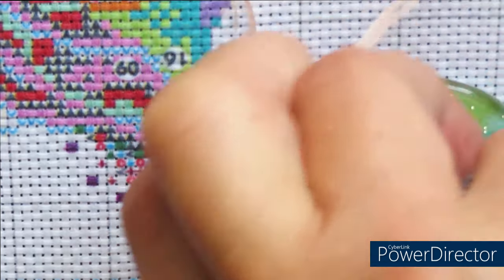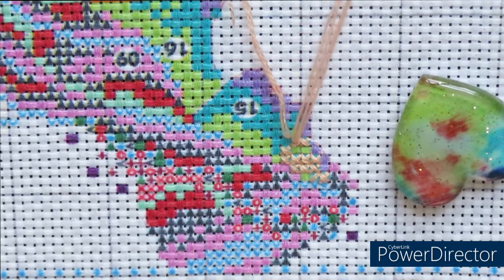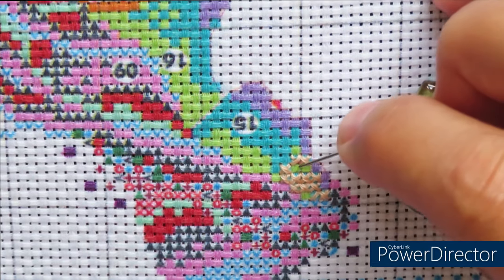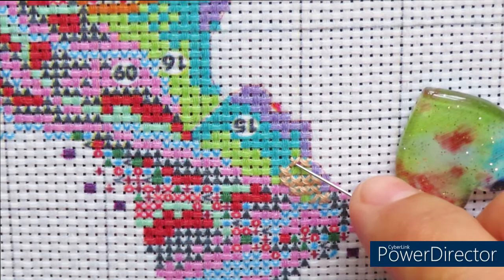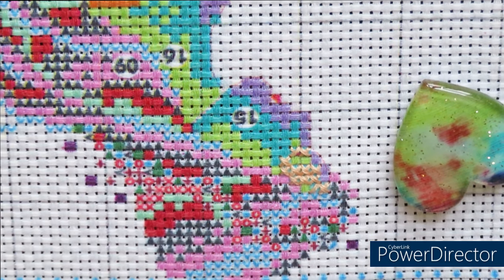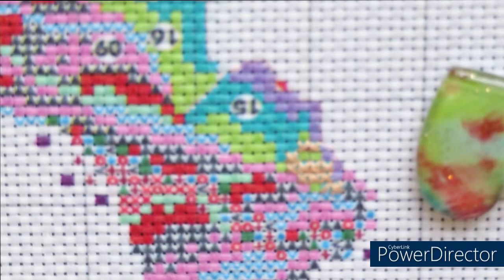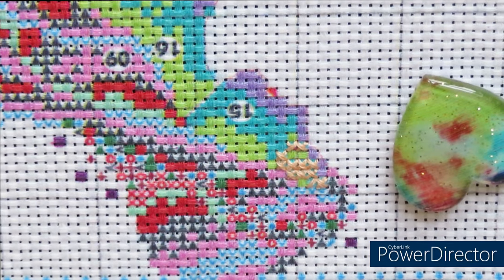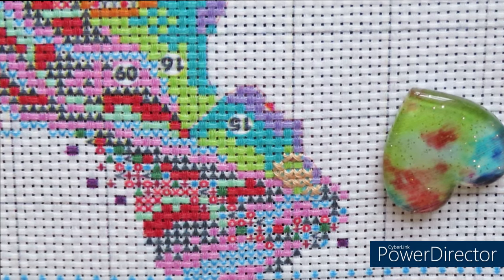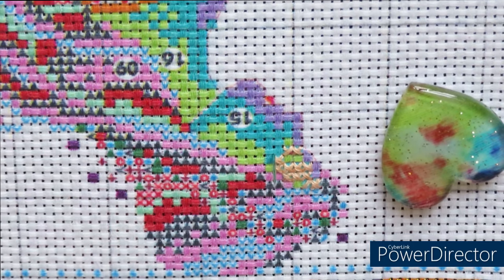Split this square, so the other half will kind of go under, and here's our 3/4 of the stitch. Can you see it? Let's see if I can bring you more close or not. No, not anymore. That's a maximum. Okay, so that's our 3/4 of the stitch,